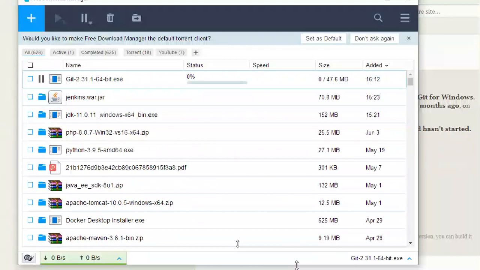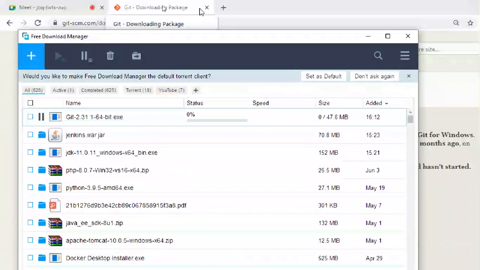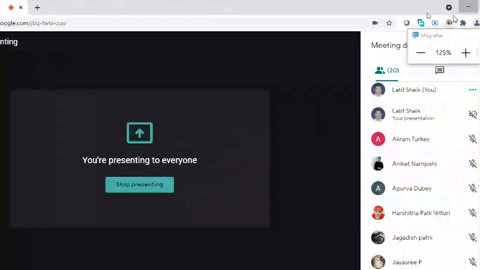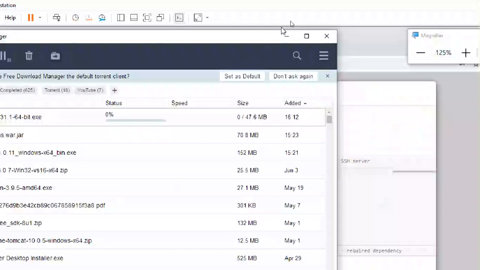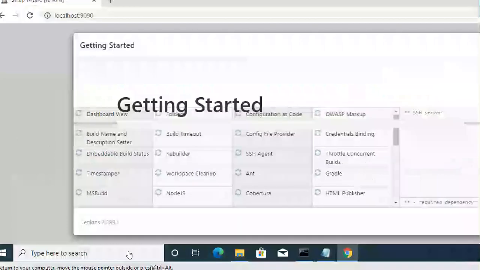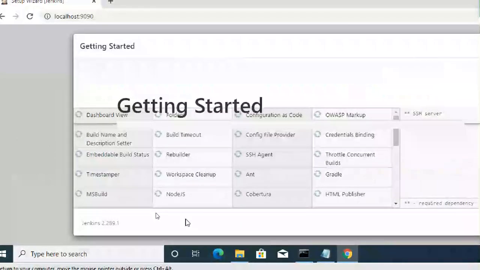Actually, when Jenkins is installing, do not use any web browsing or video chatting kind of stuff, because we are not having 100 Mbps internet here. Very less speed only, so it slows down the plugins.